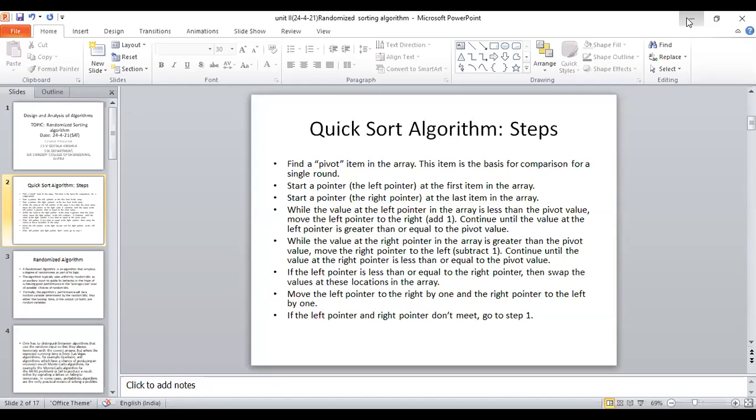Here p is the lower bound and q is the upper bound. So A of p to A of q, which reside in the global array A of 1 to n, are sorted into ascending order.